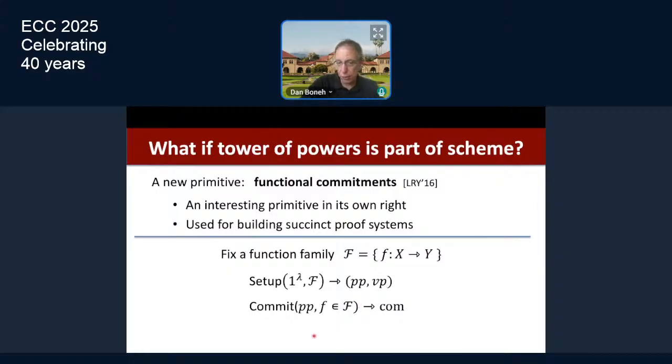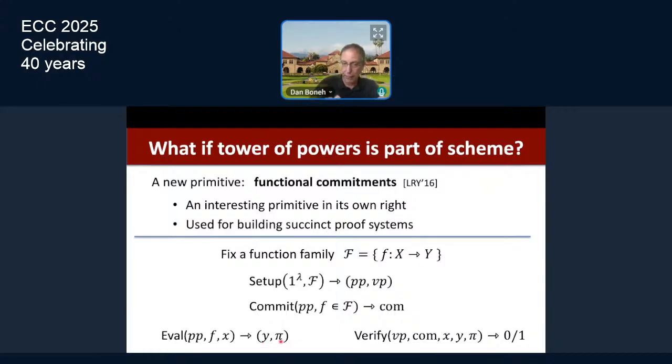Then the scheme lets us commit to a particular function in this function family. There's a commit algorithm that will output a commitment string, which is a commitment to this particular function. Now, what does it mean to have a commitment to a function? It means that later on, anyone can present a value x in the domain of the function, and the prover, the committer, can produce f of x, which we'll call y,